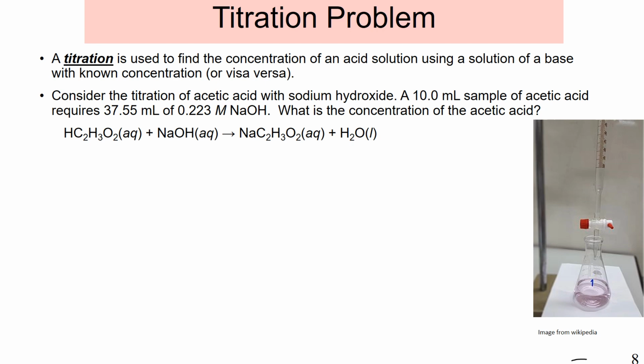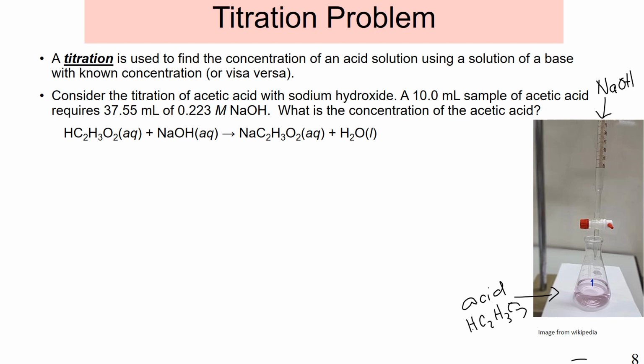Titration is a method of finding the concentration of an acid solution using a solution of a base with the known concentration, or vice versa. Here's what the apparatus looks like. So this is a burette, and in the burette we have the base, sodium hydroxide. And this burette is an instrument that carefully will add the base and measure how much is added. And you can see the markings on the side showing that. In the flask we have the acid. In this case, it's acetic acid,